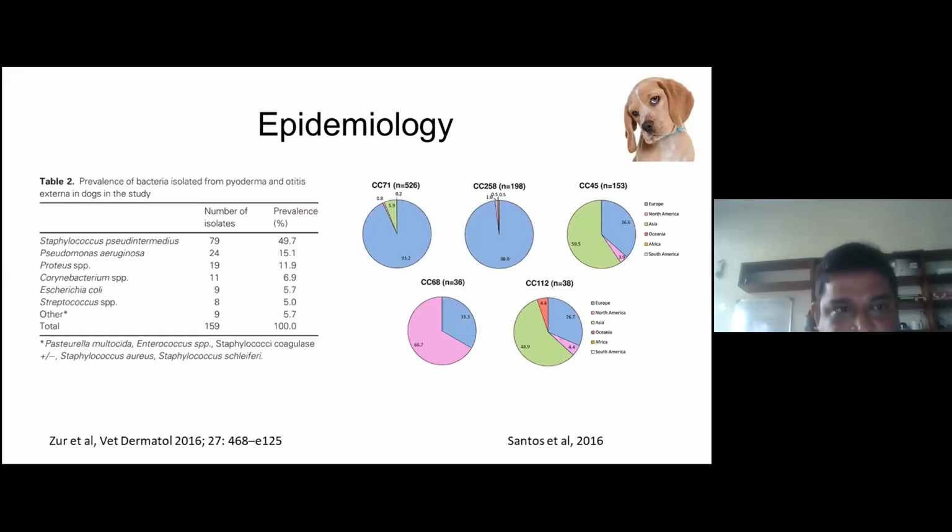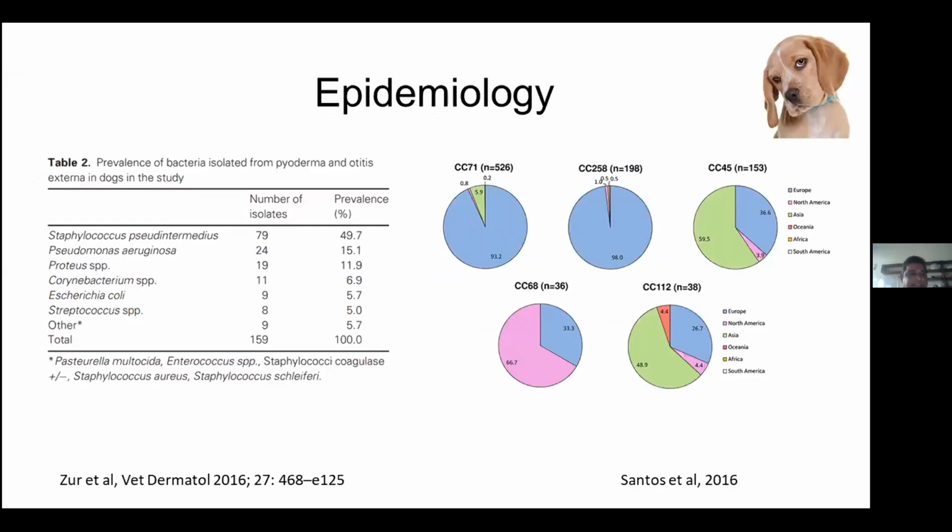And this table on your left side, I extracted from one of the articles. It shows the prevalence of bacteria isolated from pyoderma and otitis externa in dogs. I was trying to say here that Staphylococcus is there, but with that, a lot of other bacterial organisms can be found, like maybe Pseudomonas and Proteus. There is always multiple bacterial involvement. So that is why the